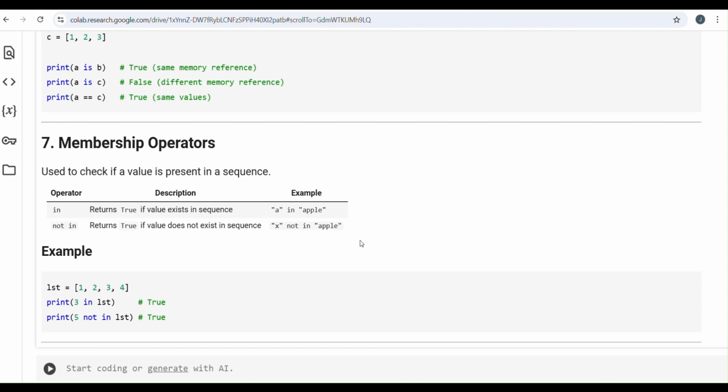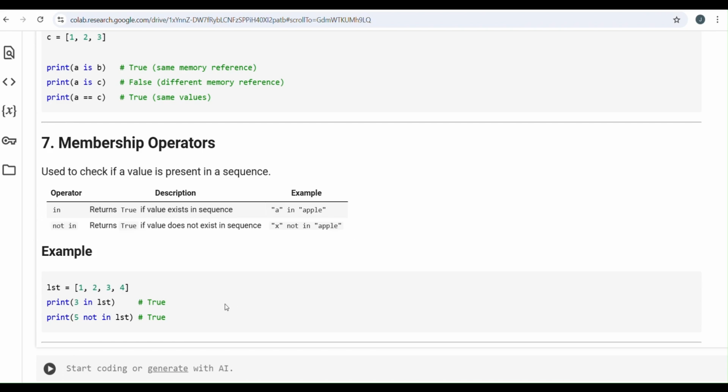In, what does it do? Let's say there is a fruit basket. If apple is in the basket, it will return me true. If I am using the operator not in, if apple is not in the basket, then it will return me true. If apple is in the basket but I am using the not in operator, then it will return me false. If there is no orange in the fruit basket, and I ask for an orange in the basket, orange is obviously not there, so it has to return me false.